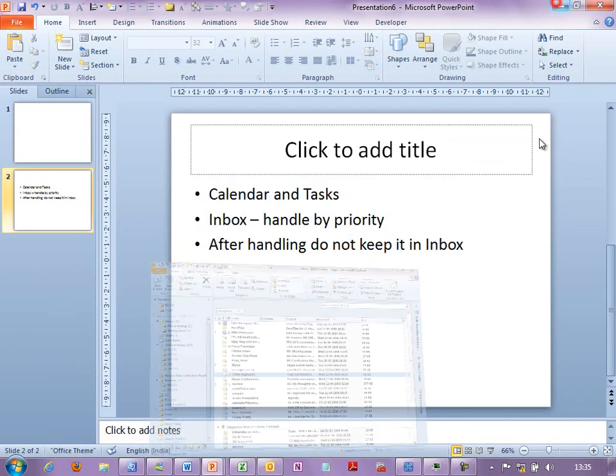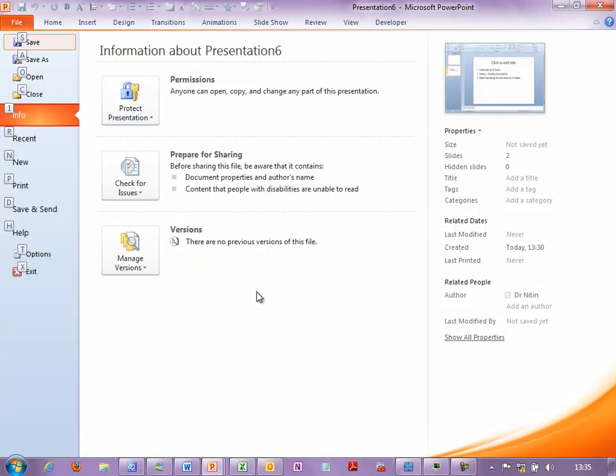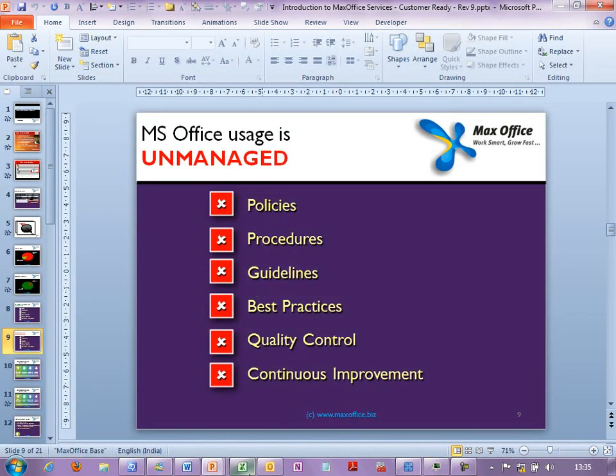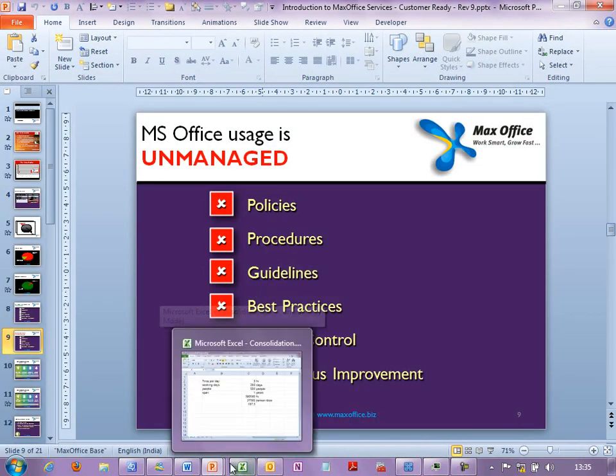Alright, so let's move to the next topic now. Is this useful? Something you can go and start using straight away? Alright, so let's go to Excel. Question, if you have questions, no problem.